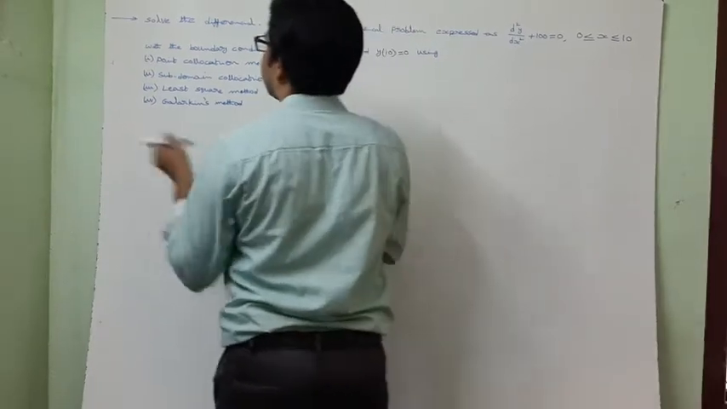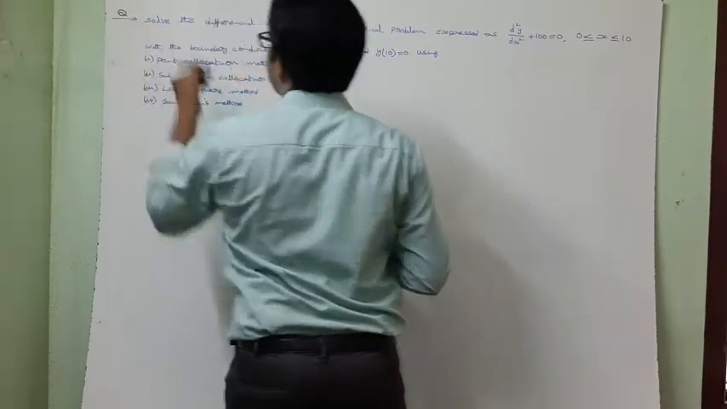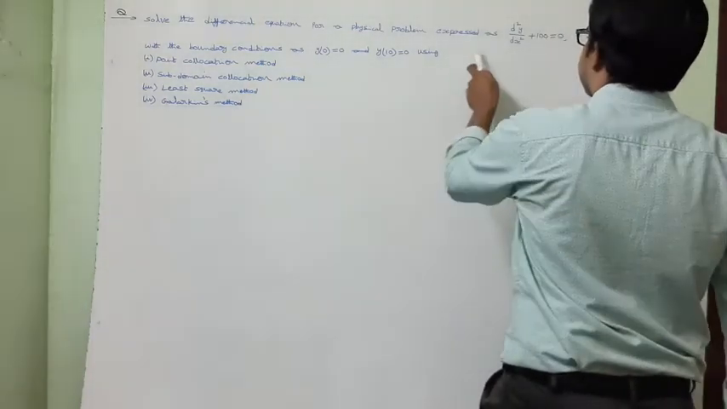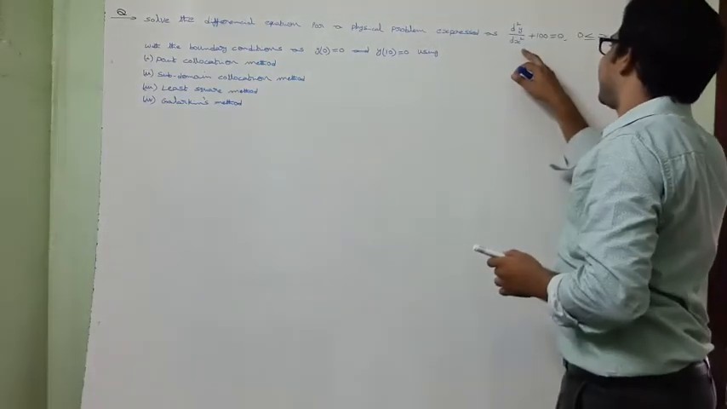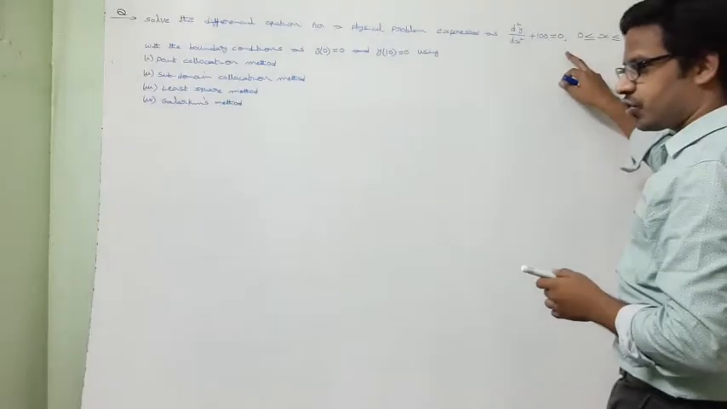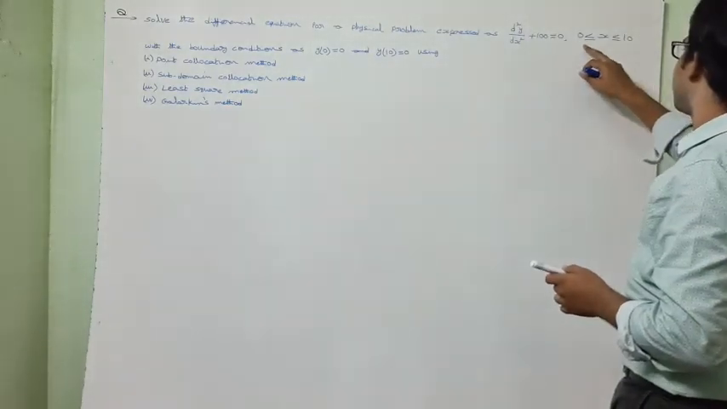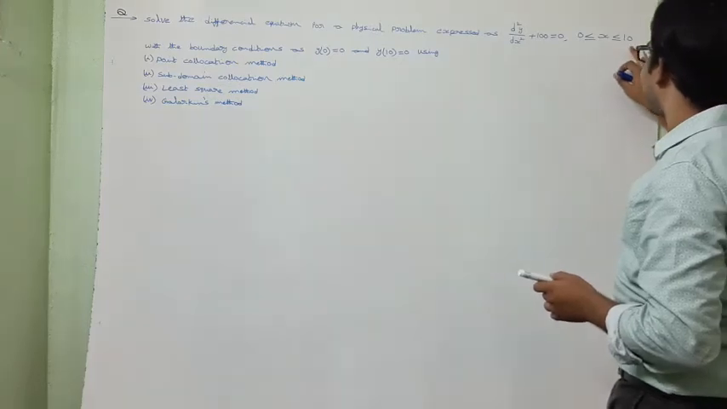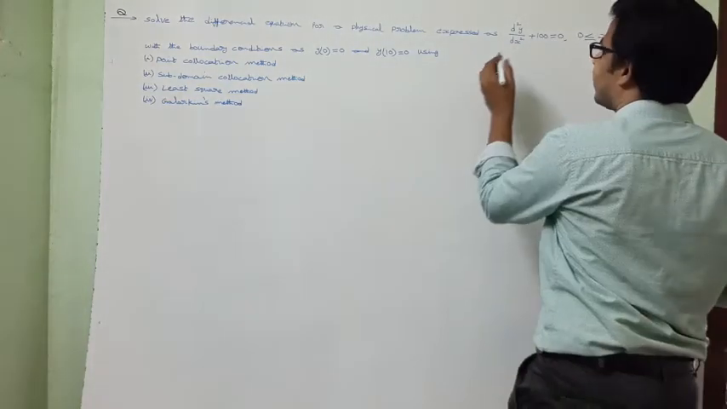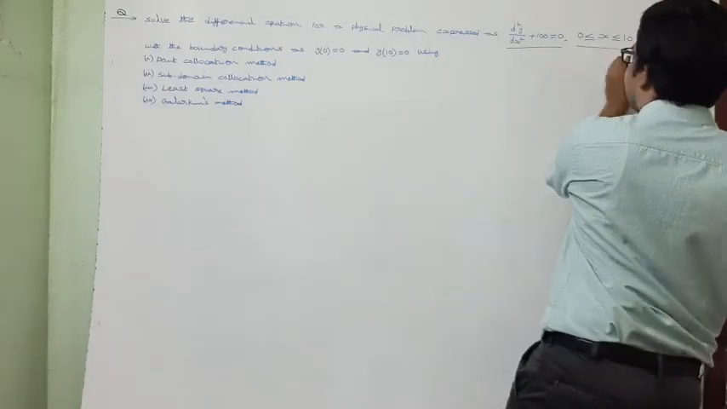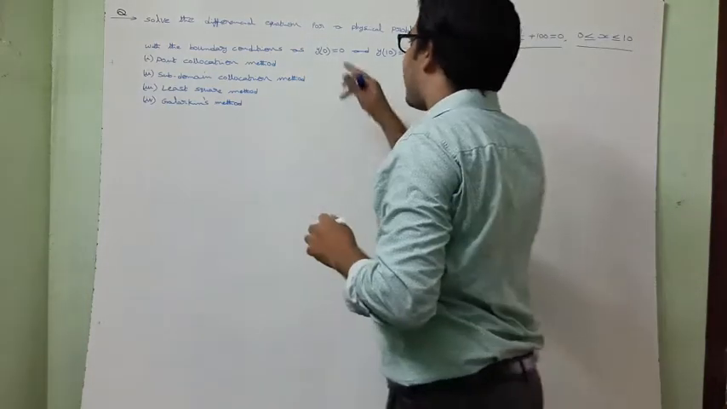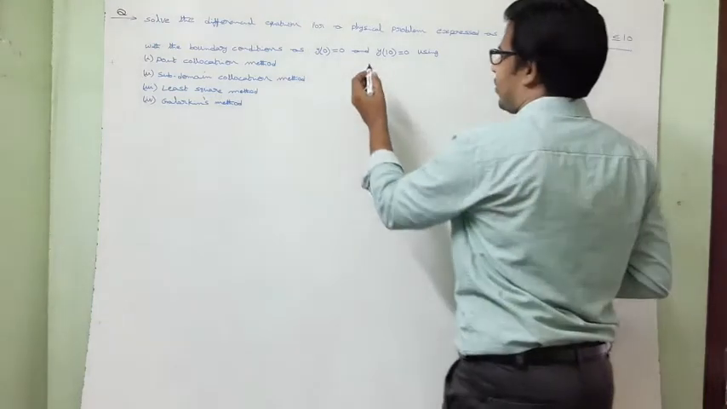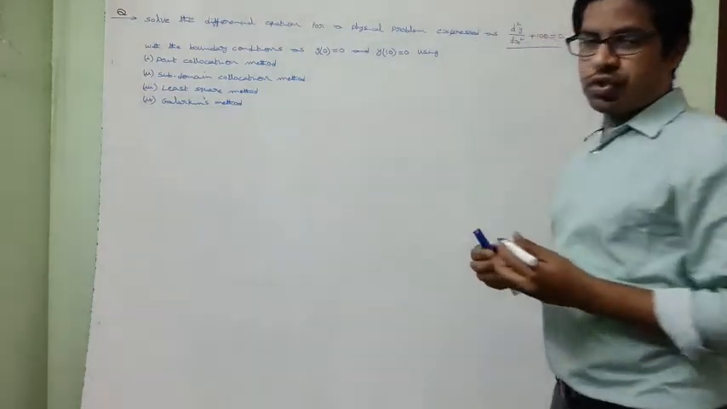This is the question. Solve the differential equation for a physical problem expressed as d²y/dx² + 100 = 0, with the limits 0 ≤ x ≤ 10. This is the differential equation, and these are the limits, with the boundary conditions y(0) = 0 and y(10) = 0, using